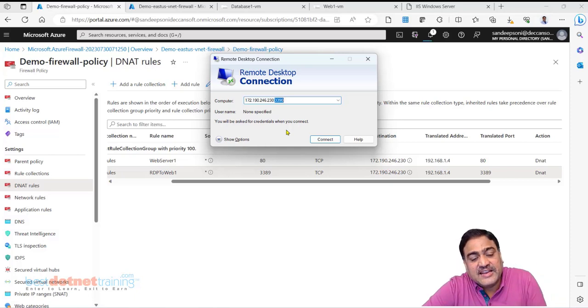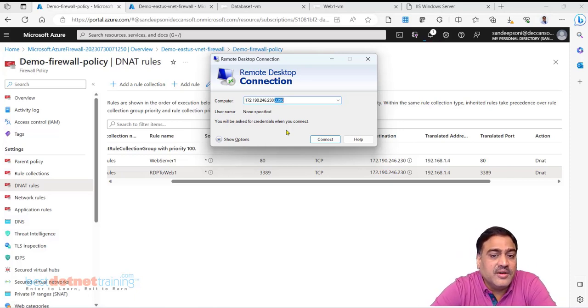NATing, network address translation, it is. NAT tables are basically for mapping the source IP and port to any destination IP and port. Most of the time, but not necessary, the source IP is public. Most of the time the destination IP is private. So the request now goes into the web server with the IP address of the public, the load balancer public IP, and the response comes back that way only.